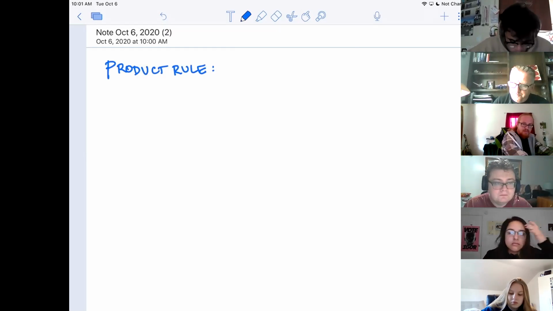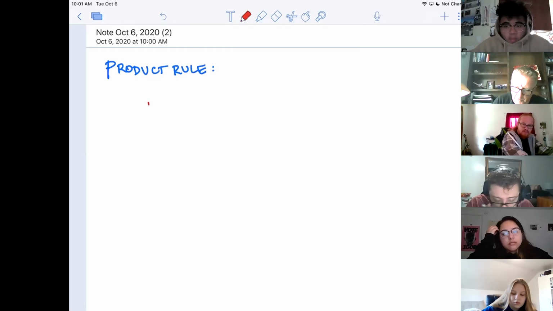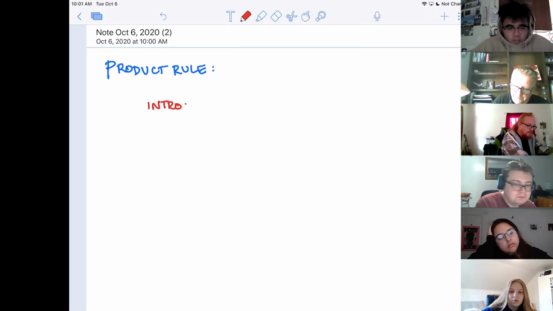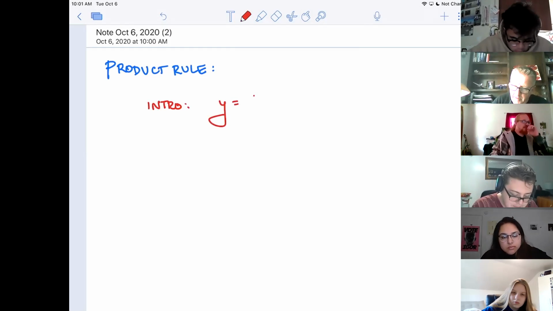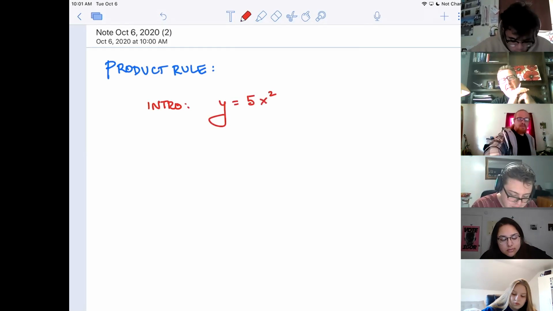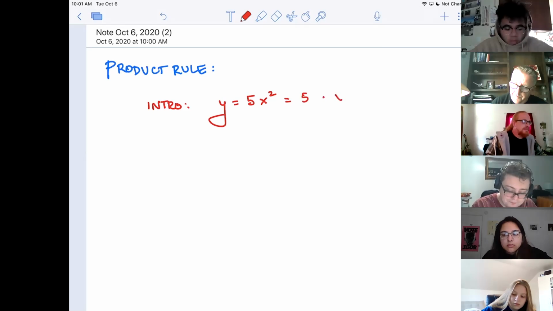Intro. I don't know if you've kind of noticed this, but just as a for instance, if you had some equation like y equals 5x squared, really that fact that it was multiplied by 5 just kind of came along for the ride, I guess you could say. It's almost like you sort of think of it as, oh yeah, there's a 5 there, but then there's an x squared. And so when it comes time to take its derivative,